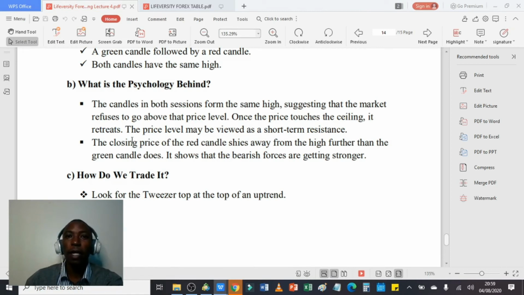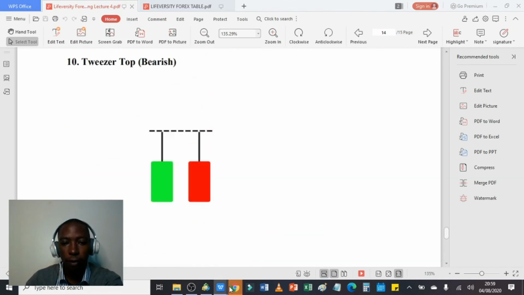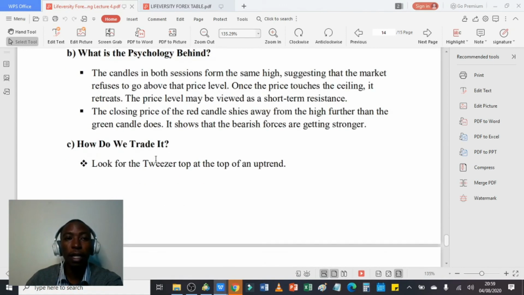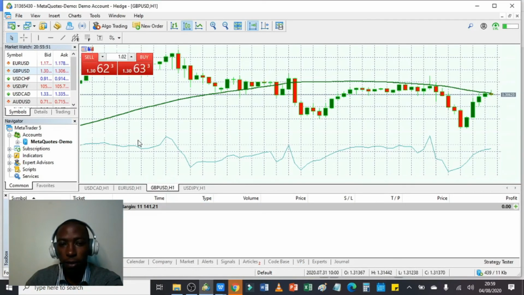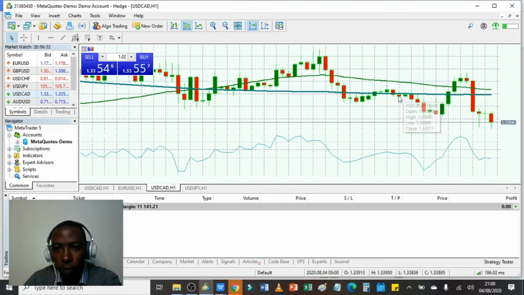The tweezer top is just an indication of a short-term resistance, and as you can see, it forms where there is some sort of resistance, and it is a clear indication that the bears are gaining momentum. Let's just look at the top of an uptrend. As you can see in this chart, this candle here and the other one forms a tweezer top because there's